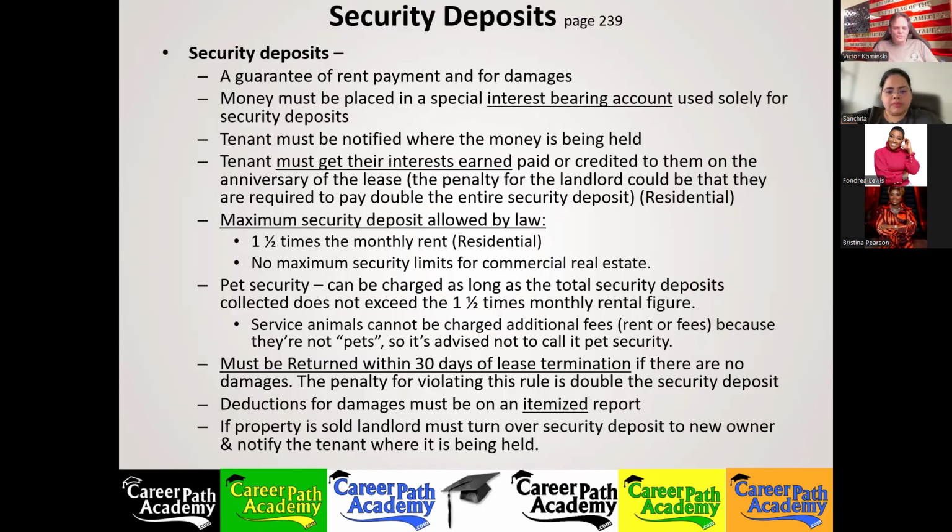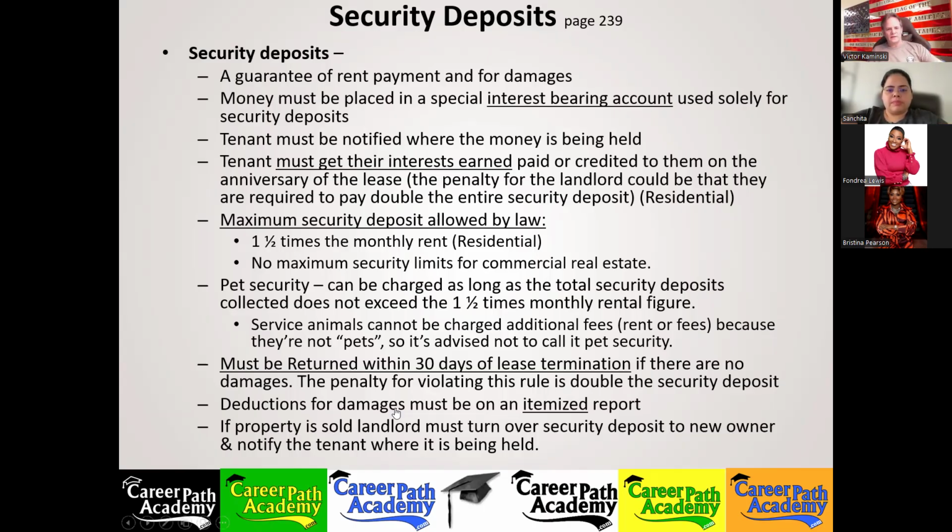So what would you do with that money then? Turn it into the state to the missing money fund. It goes to unclaimedproperty.nj.gov. Most landlords don't know about that or don't do that. They just keep it. Just be aware that if the tenant makes a request later on, you've got to give it back to them.